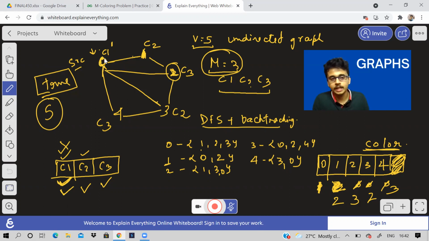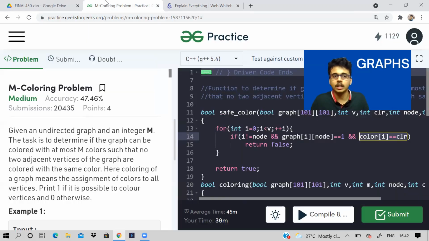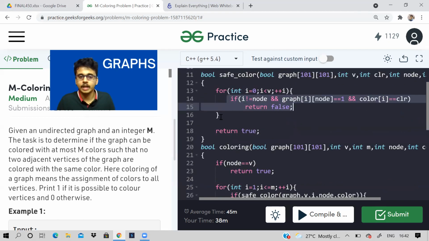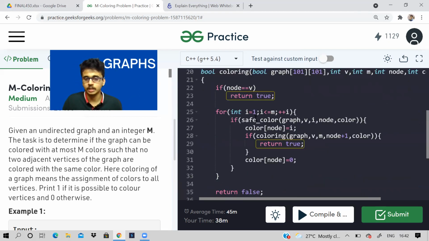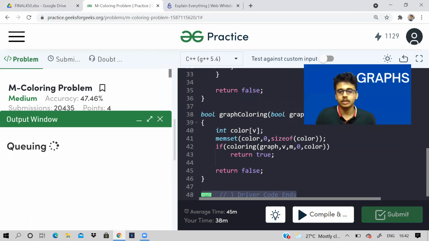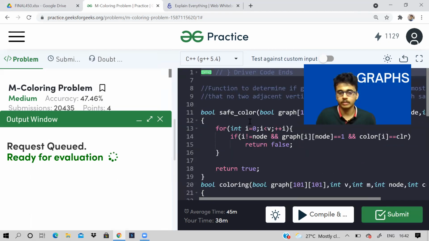Now check for each vertex, what is the color? If it has been colored with the same color that I'm going to decide for coloring this vertex, then I cannot color with that. That is what this function is about. If none of the vertices have the same color already, then return true. That means you can color the current node with whatever color you have chosen in this for loop. So basically this is the algorithm, and this is how you solve it.